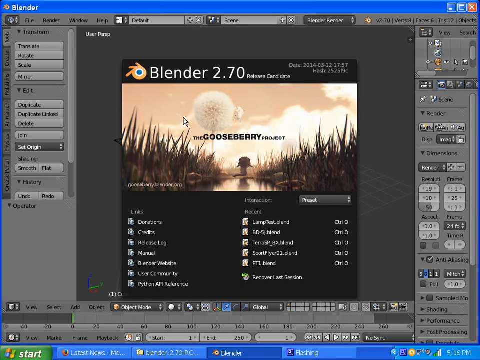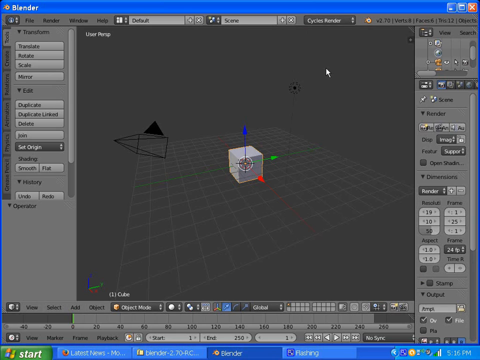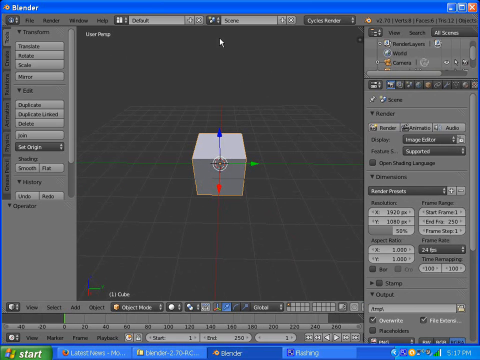What I'm going to do is mess with lighting today, so here we go, in Cycles. Oh man, I'm terrible. Okay, so we've got it set up for Cycles, and